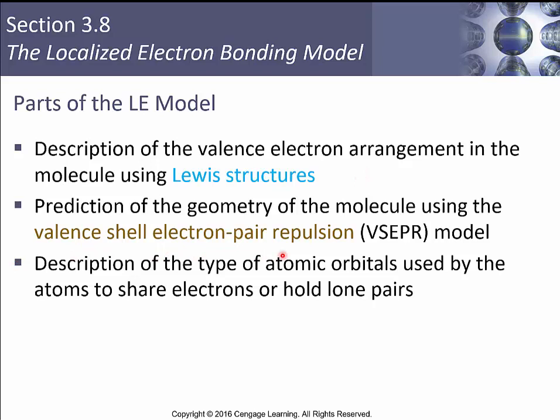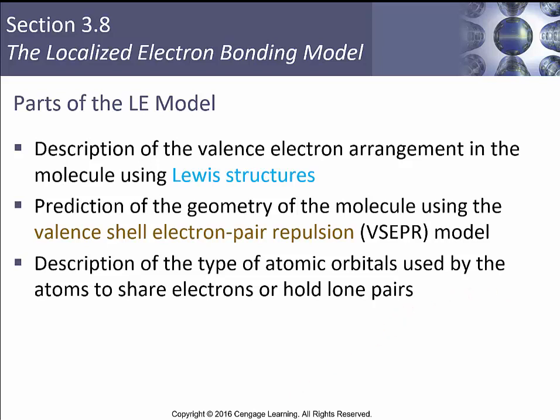And that's just simple electrostatics. Electrons don't want to be next to each other. Atoms, which are surrounded by electrons, don't want to be next to other atoms. A description of the type of atomic orbitals used by the atoms to share electrons or hold lone pairs. So we'll talk about what we call sigma and pi bonds and look at some of the bonding structures and